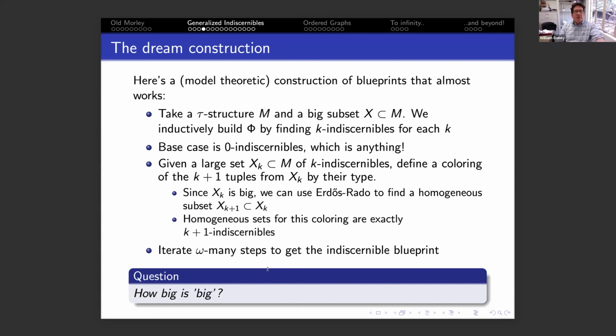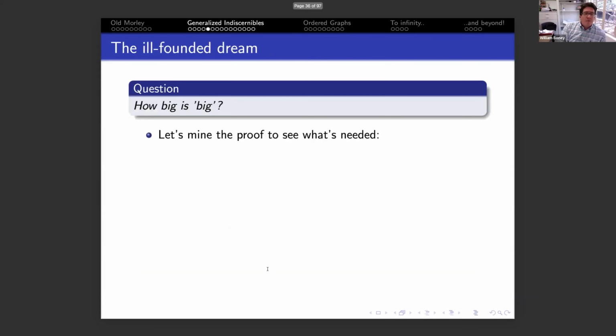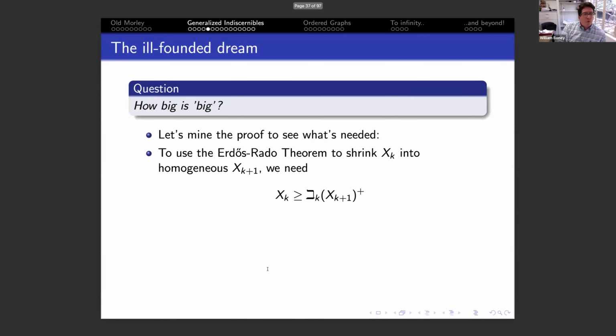We'd like to figure out, right, we started with something big, we'd like to figure out what that is. Maybe from how I've stated these theorems before, you already know that big should be beth sub 2 to the kappa plus, but let's see where that comes in the proof. And so what do we do? We want to shrink X_k into a homogeneous